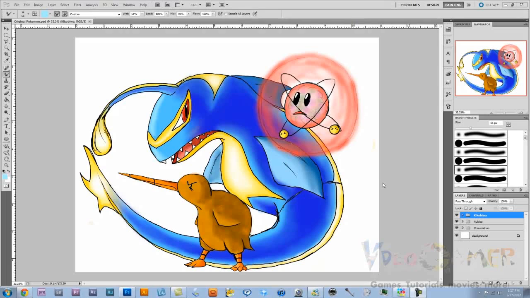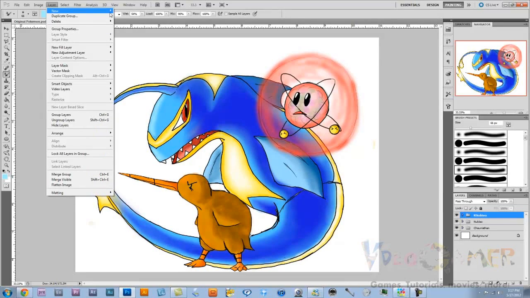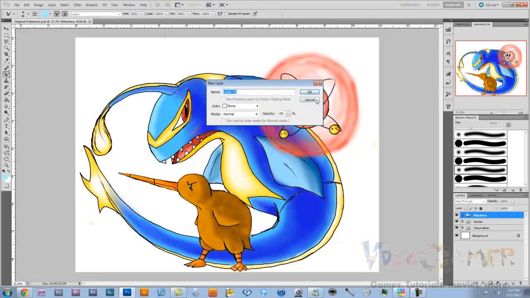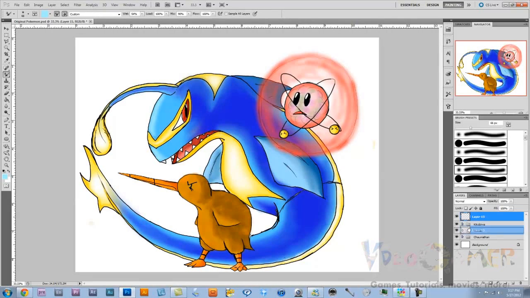So now it is time to put the finishing touches on our original Pokemon drawing. Once I get this done, you guys ought to let me know what you think. The few final things I'm going to do is create a background for my characters to make them stand out a bit more from the white. It's going to be my